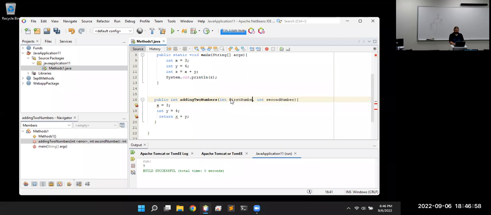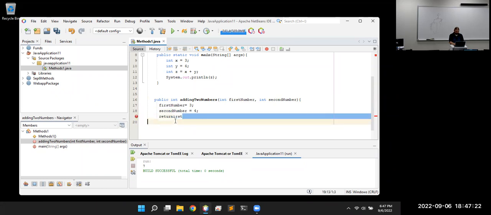Now I'm going to put that back to the better name. First number is X. It's going to replace X. I can't seem to spell today. First number, and then Y will be our second number. And then we'll just return the result of those. First number plus second number. Which isn't bad to type, but